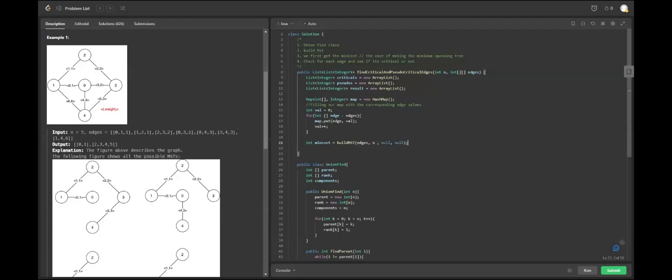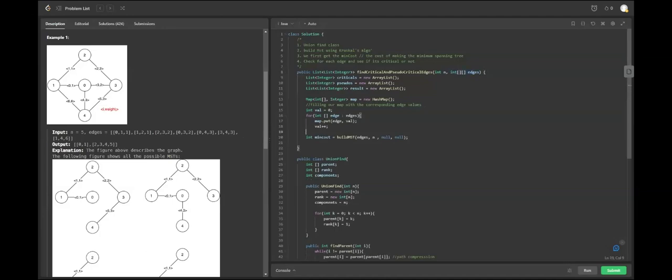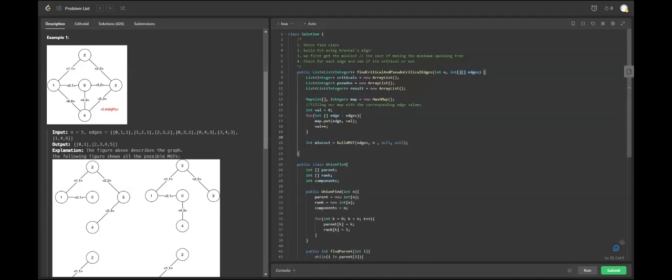Before that, we want to implement Kruskal, right? So for Kruskal, I'm going back to edit it. So build MST using Kruskal's algorithm, right? Now, if you're using Kruskal's algorithm, then as I previously said, you want to sort the edges by the least weight, right? So before we even do our main cost and get to that, what we want to do is to sort the edges by the